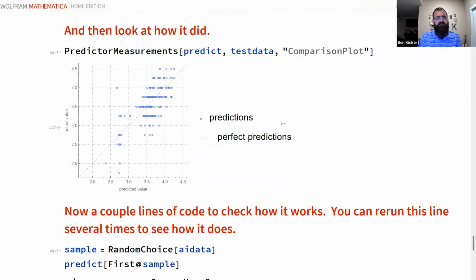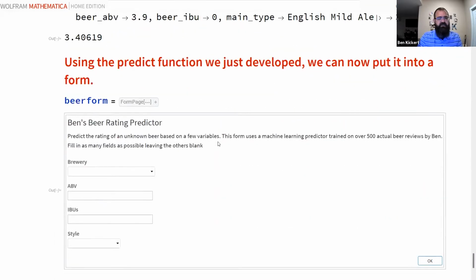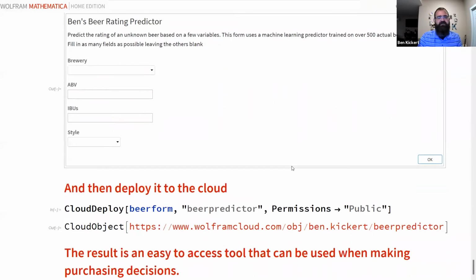We get the predictor out, and when we run our predictor measurements through it, we see that in general, it does line up. There's definitely a trend to squash things more towards the mean. So something that is rated as a high beer might be even higher than what the predictor will give, a low beer lower than what the predictor would give. But again, this is something I can visualize and know. I can test it out and check it. And at the end of the day, we have this beer rating predictor that now we keep on the website. My wife uses it if she's doing the shopping for that week and wants to know whether or not there's something that I would like.